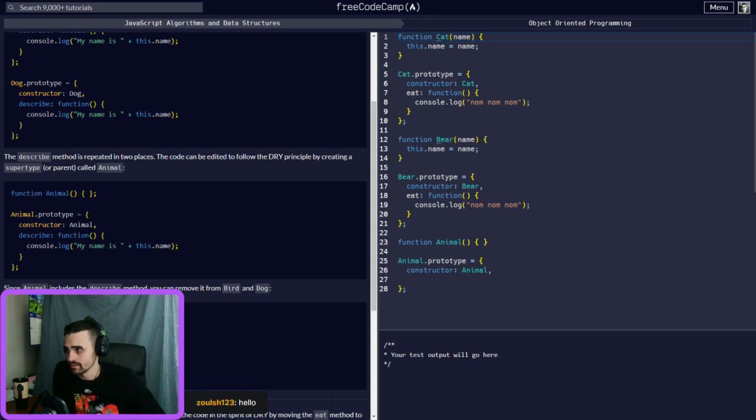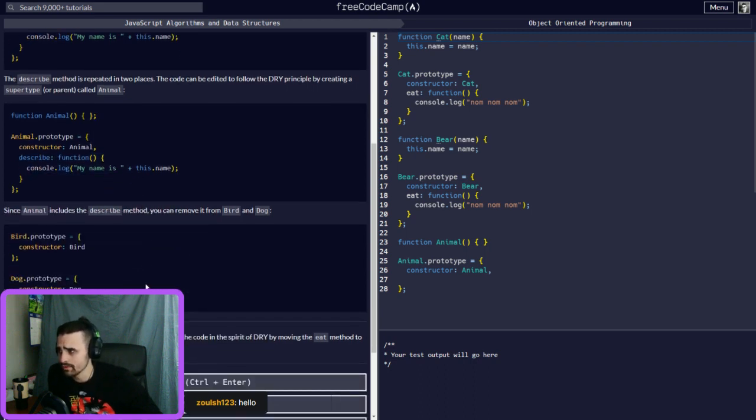So I have to look. There's a function called Animal. It is empty right now, so this is an empty function called Animal, or empty constructor. You're making an Animal.prototype, giving the constructor a name of Animal, and then giving the describe function this right here.